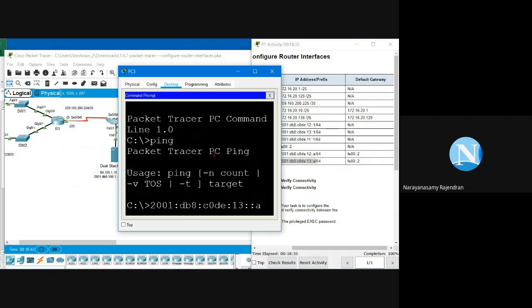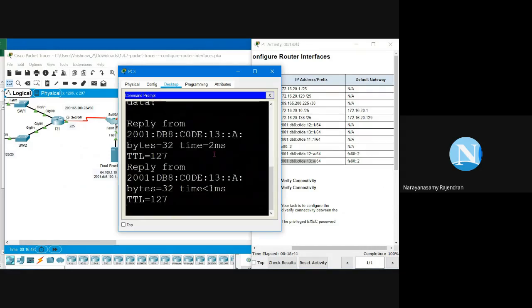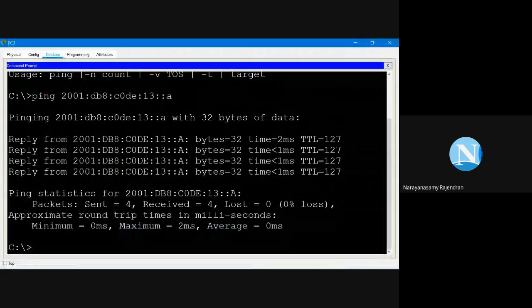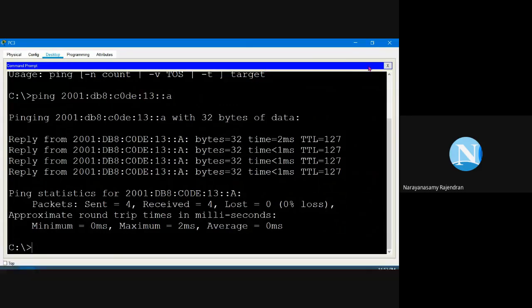I'll just remove it. I'll go here. Let us see. That's working fine. We have given ping to the IP address of PC4. It's working fine.